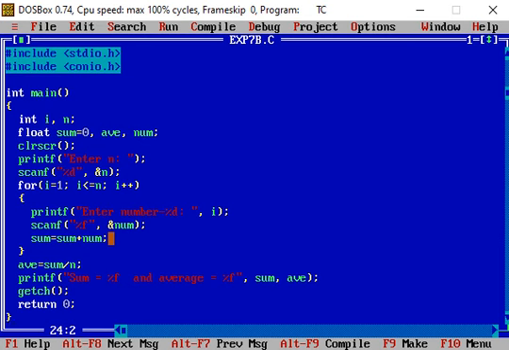Then after this, the value of control variable I is incremented. So this time the value of I becomes equal to 2. When the condition is tested, 2 is less than or equal to 3. Naturally the condition is true. Then again the body of the for loop is executed. The printf statement prints again the message enter number 2 because this time the value of I is equal to 2.